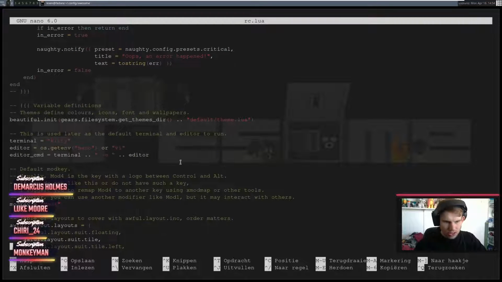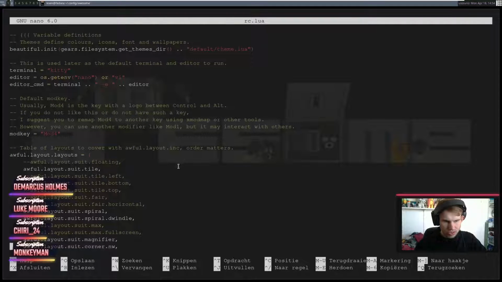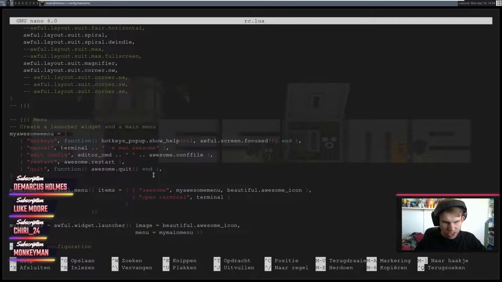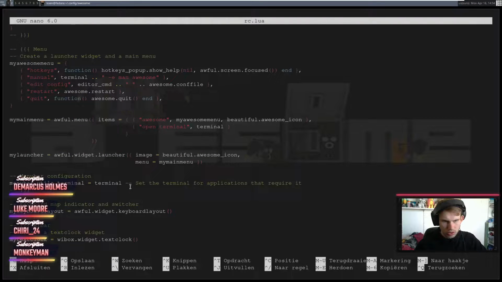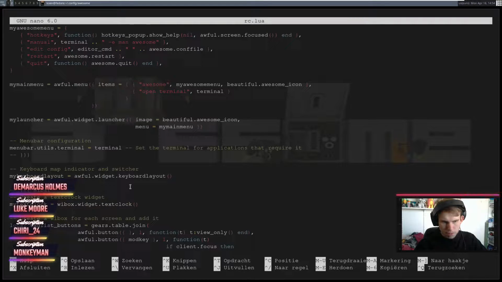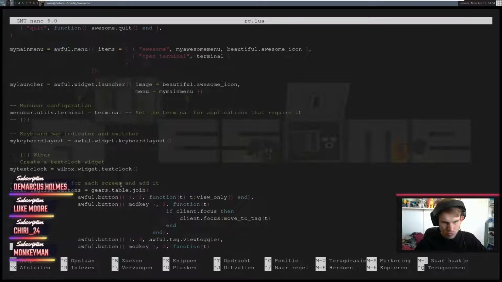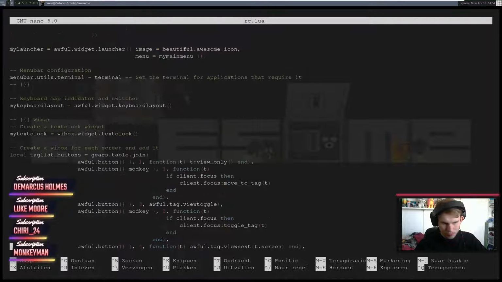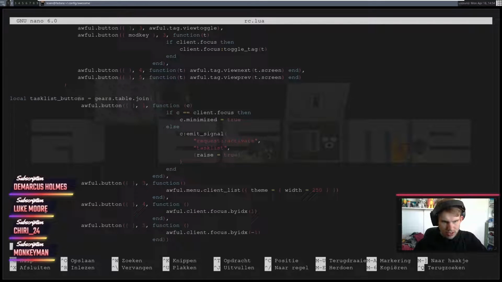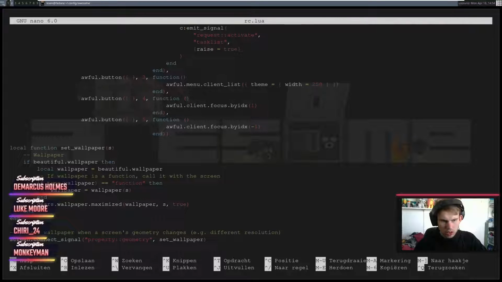Yeah, that is correct. That is what I want. Those are the layouts I need. A text clock widget, which is what I got right here. Which is cool. Task list, meh. Set wallpaper. I hate this so much.